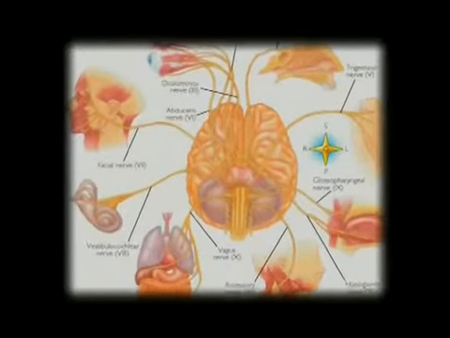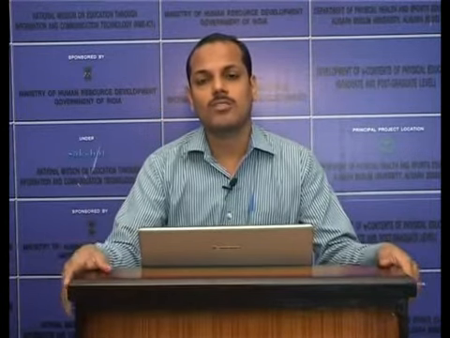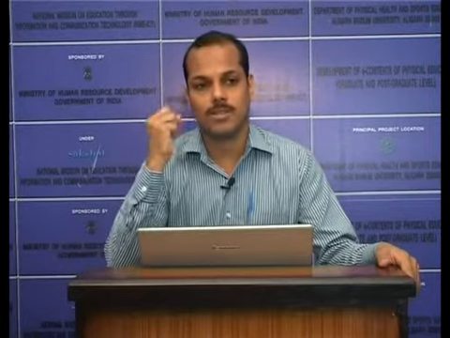The next nerve, cranial nerve number 7, is the facial nerve. The facial nerve is again a mixed nerve. It contains both sensory and motor components. It arises from the pons, which is a part of the brainstem. It emerges through the stylomastoid foramen of the temporal bone and has lots of branches. It carries somatic motor innervation to many muscles of facial expression. So the facial nerve is the main nerve which supplies the muscles of facial expression. Lesions of the nerve may cause a condition called facial palsy.